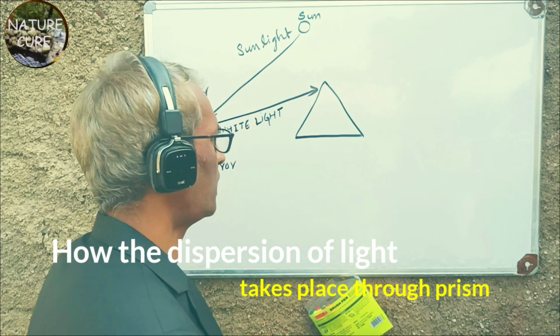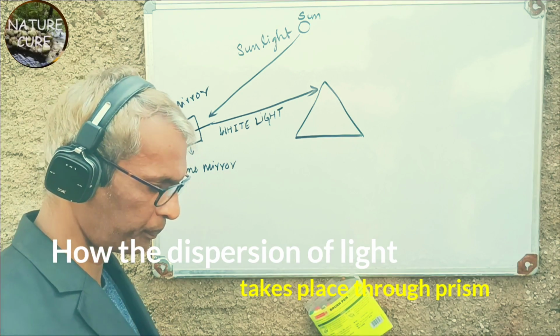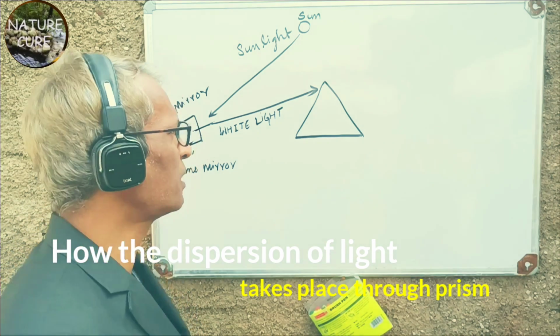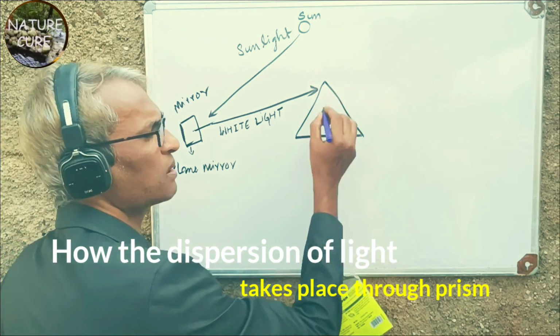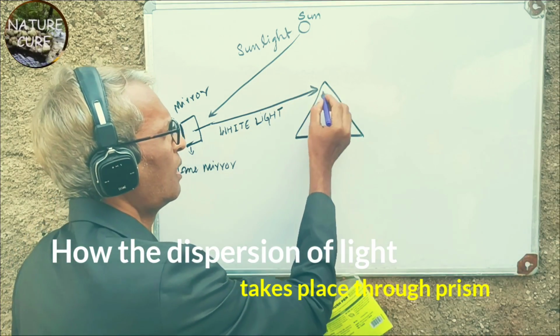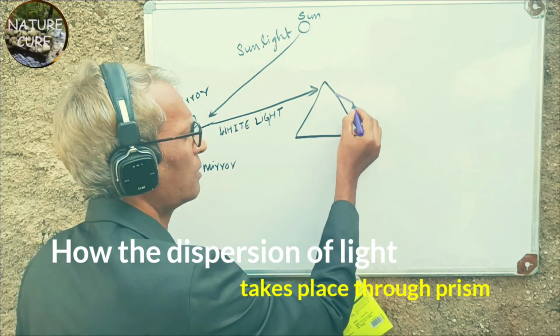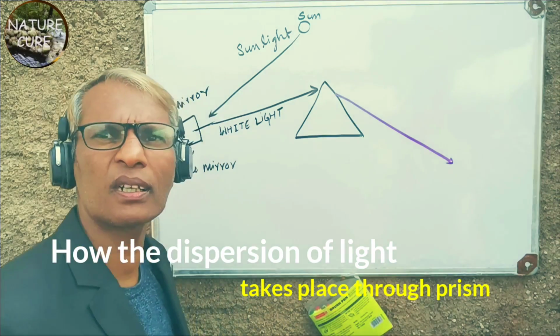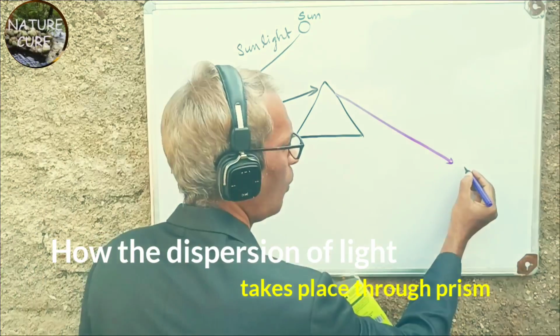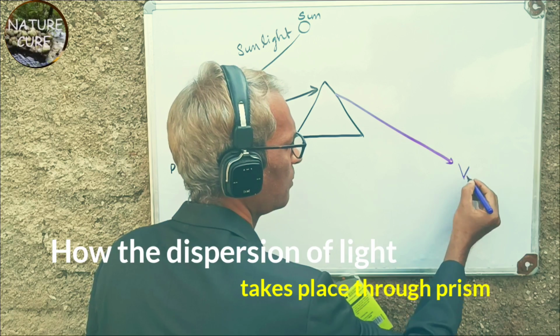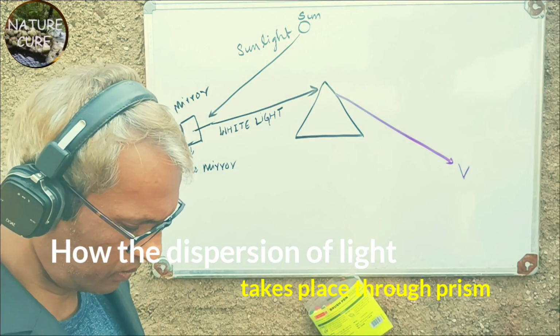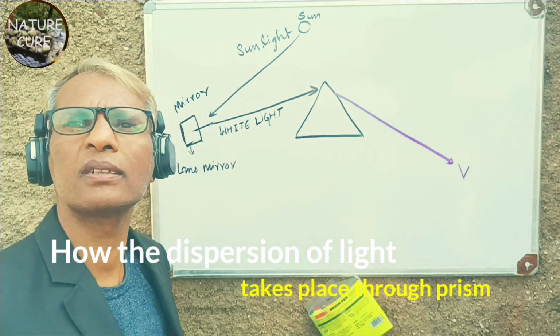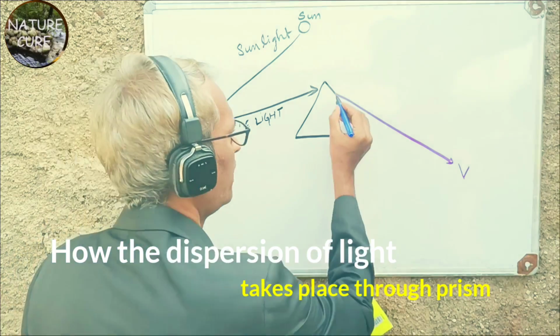So we can go one by one. The dispersion occurs through the prism when a white light gets focused over the prism. It gets dispersed into distinguished colors: violet color, then indigo,